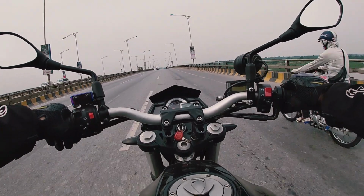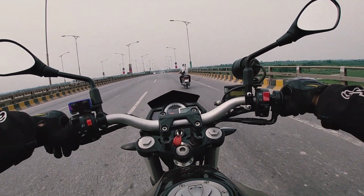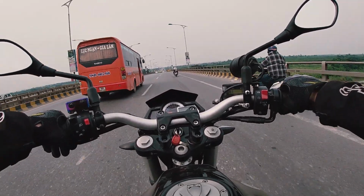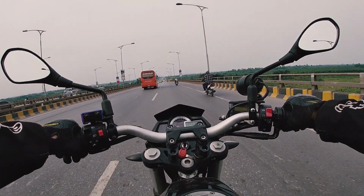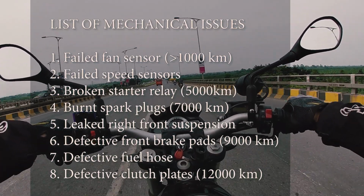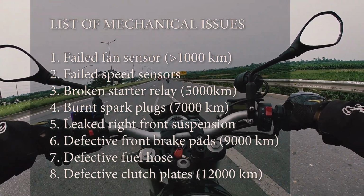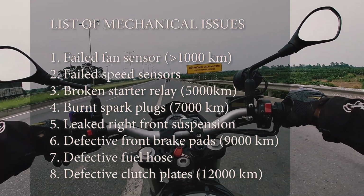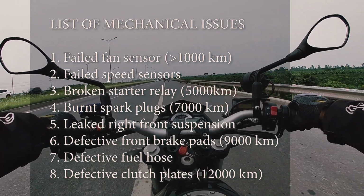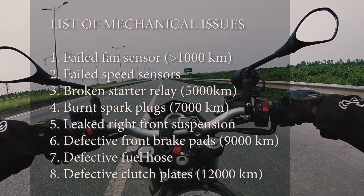So let's talk about the negative stuff. As you remember, in the beginning I said that it was a Chinese-made motorcycle, so compared with the Japanese bikes, it wasn't as good. When I first bought the bike, as I rolled it out of the shop, after a few kilometers I noticed that the fans didn't spin, even though the engine reached 100 degrees. I was worried. So I rolled a little bit more and stopped the bike, waited for about 20 minutes for the engine temperature to go down a little bit, and I discovered that the fan sensors failed,